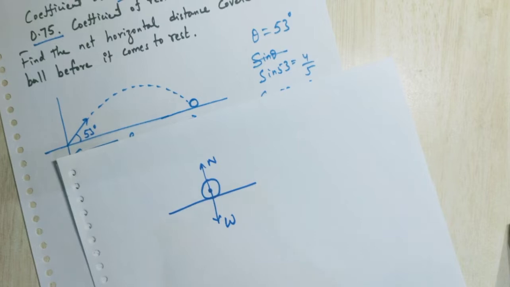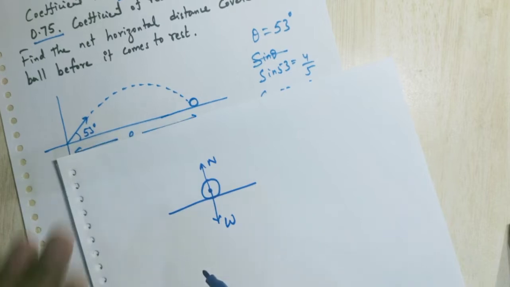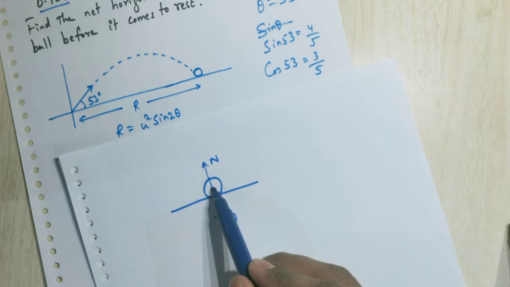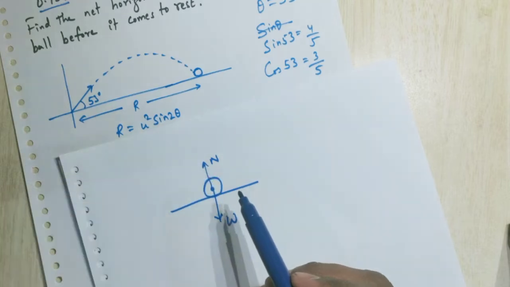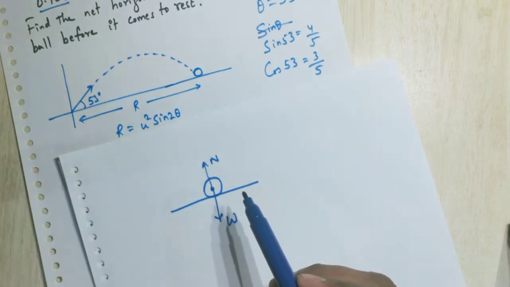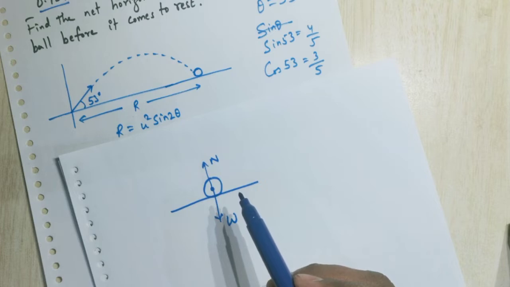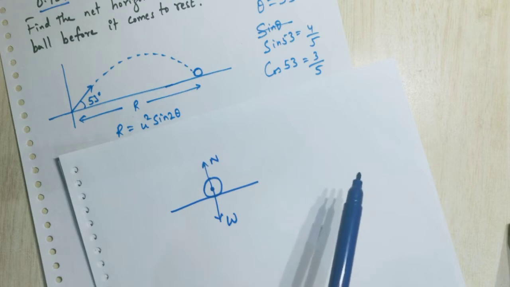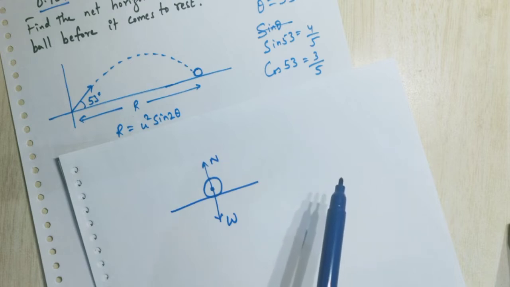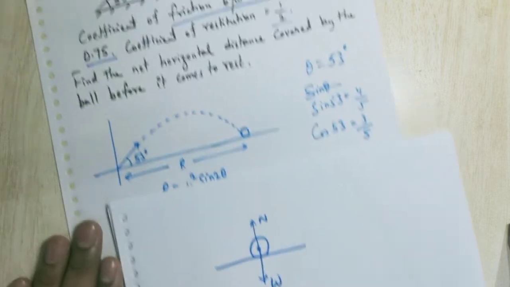That is the question. Actually there is no relative motion between the ball and the floor. You can say that this ball is not sliding against the floor. But one important thing is that frictional force will act even if there is no relative motion, when there is a tendency of relative motion. So frictional force may act even if there is a tendency of relative motion. How to know whether there is a tendency of relative motion or not? For that, look at this diagram.